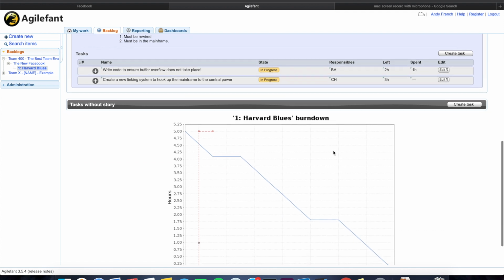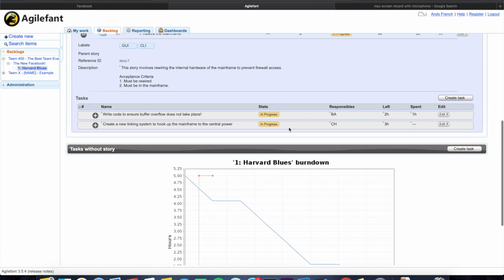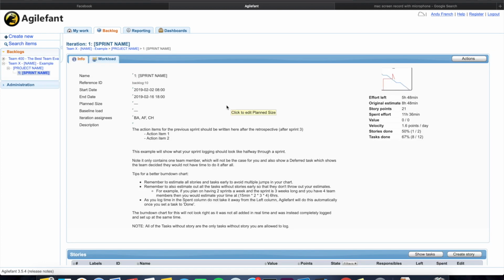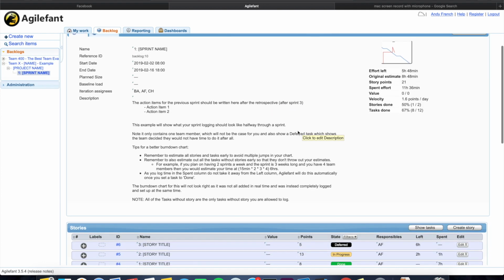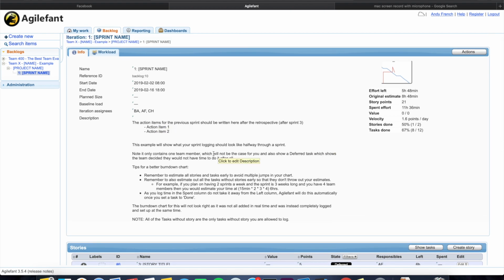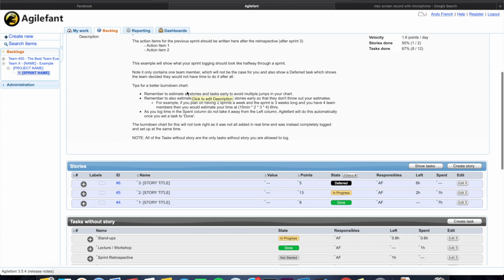Now, the last thing I wanted to show is tasks without stories. So these, in another one I prepared earlier in the template, you can have a look at on the Agilefant server. We'll show you a quick template and rundown of everything I've been mentioning, but you can also see